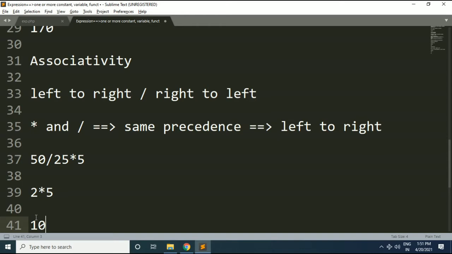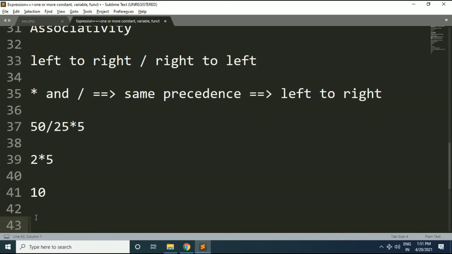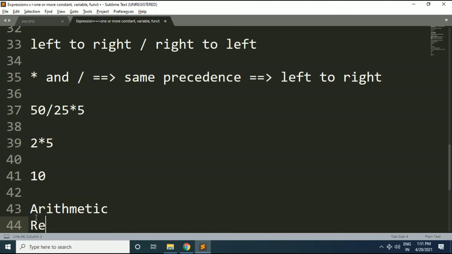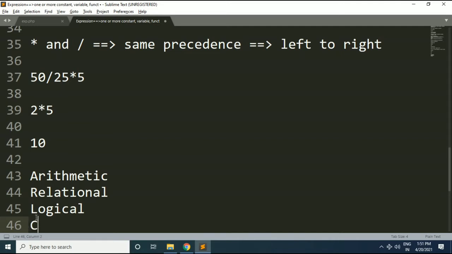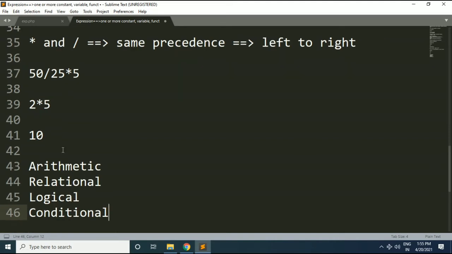For this we will use different operators like arithmetic, relational, logical, and conditional. All these different operators we will use within our PHP script. Now we will move to the example.